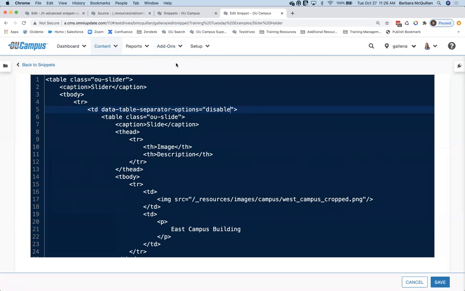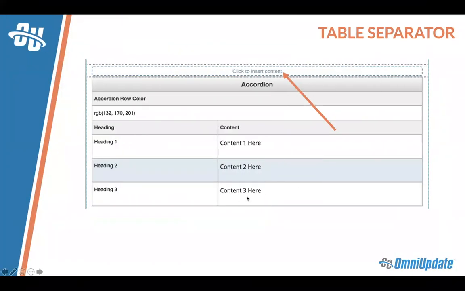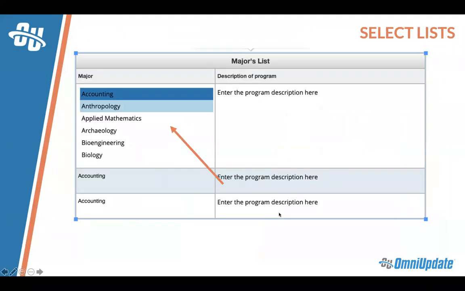Awesome. All right. The last neat option that I want to show you guys is select lists. Sometimes for your snippets, you may have a cell that is going to take very specific input, or you're going to want to control exactly what the content editor has the option of in a particular cell. In that case, you can use a select list. It allows you to turn the table cell essentially into a drop-down. So your content editor is presented with options, and from there, they choose the option that they want.